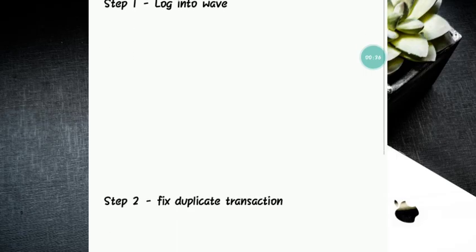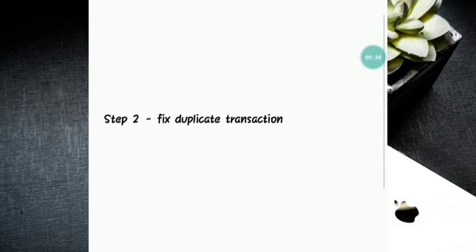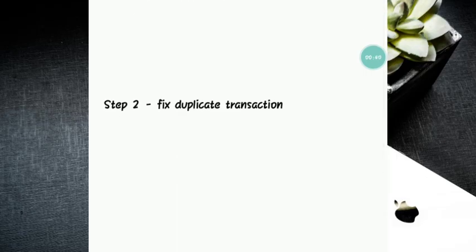So to fix duplicates, all you gotta do is first click on one of the duplicate entries to open the transaction details. And then in the bottom right corner, you're gonna see a delete option and click it to remove the extra transaction. If you're unsure which transaction to keep, prioritize the one that's linked to your bank connections, since